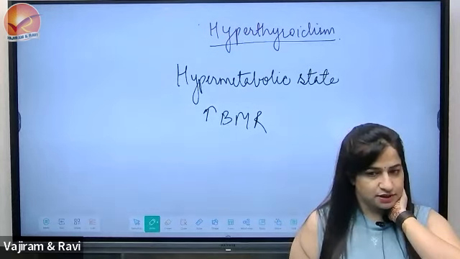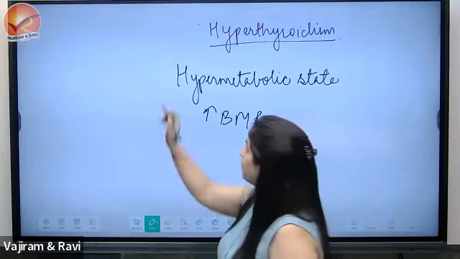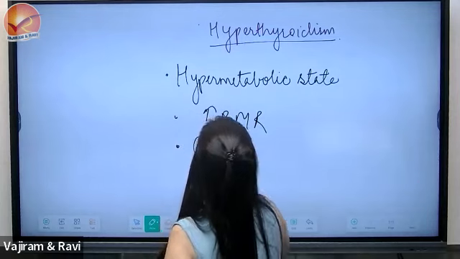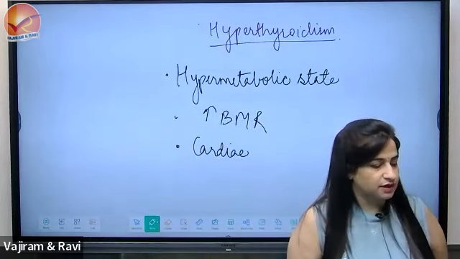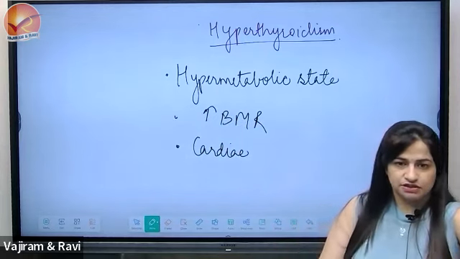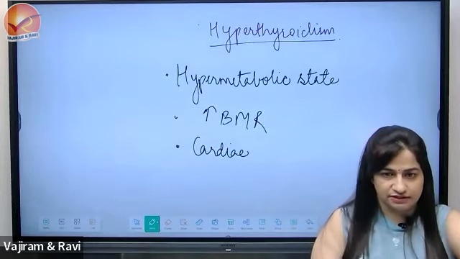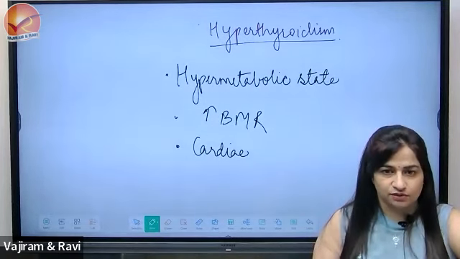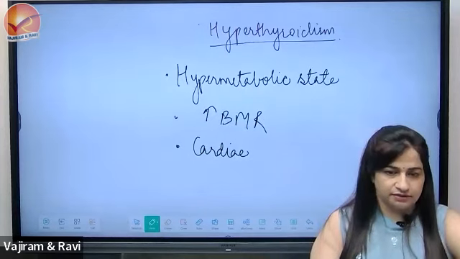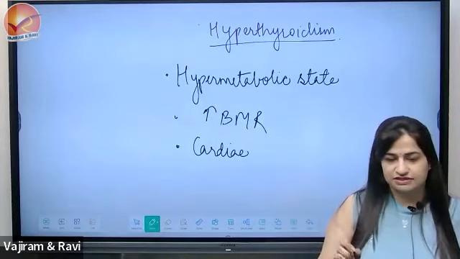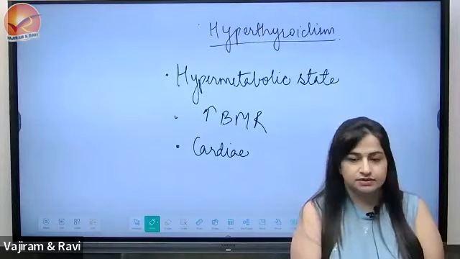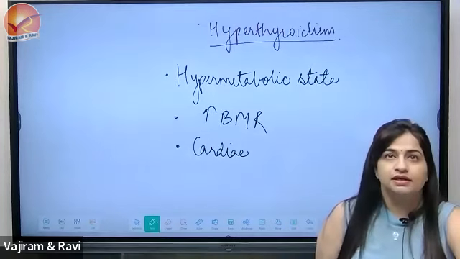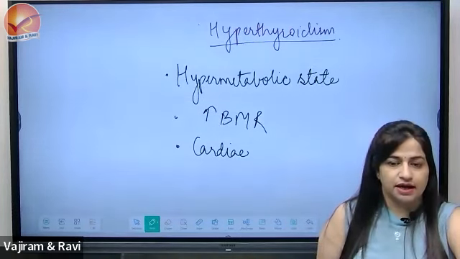Next point is cardiac manifestation. Third point. Cardiac manifestation. Now there's an increase in beta adrenergic tone. There is a hypermetabolic state. In the first line, we have read these two things. So that means there will be some form of hyperactivity only. So the symptoms will be tachycardia. Okay, first just write down increased cardiac contractility and cardiac output